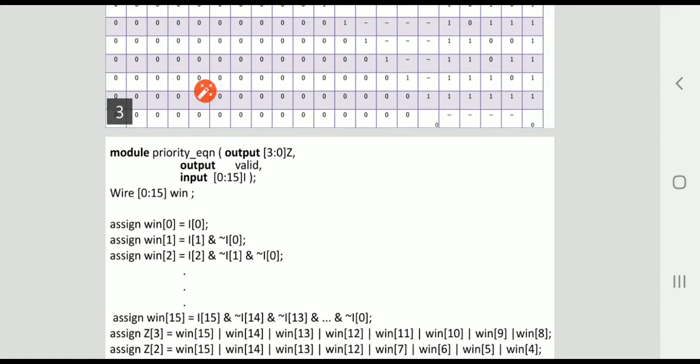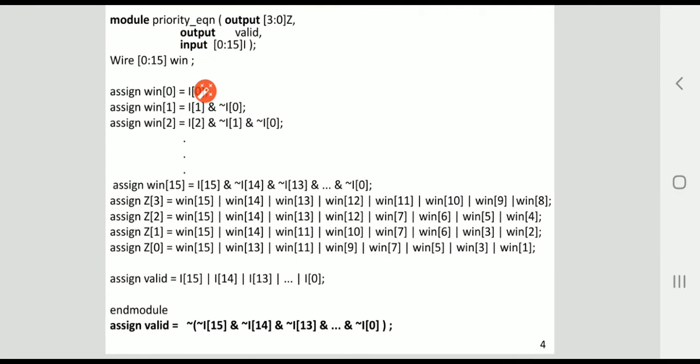As we know that it's a priority encoder, first I have assigned win of 0, that is the wire, equal to I of 0, because I of 0 has the highest priority. Similarly it goes for win 1. The second highest priority here is I1. If I of 0 is 0, here it is negated so that win of 1 gets a 1.